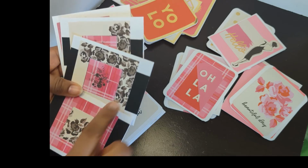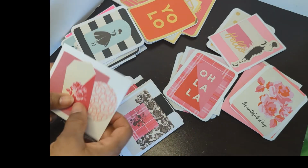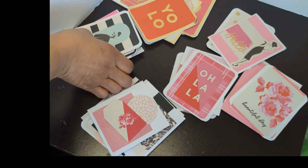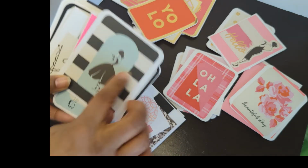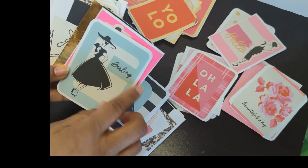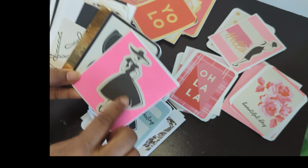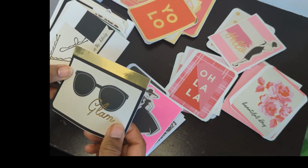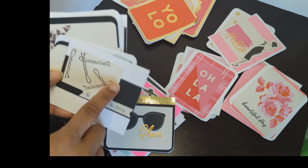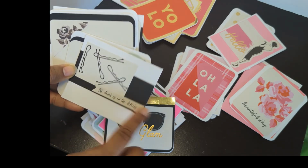So this really is the center of this one, and so I swapped them out to give them a little color. And then that's a tag, and this is just scraps that I had in my stash. And then there's that teal lady, and then I just did that journaling card and added that sticker. This is an ephemera journaling card. I cut it down and put some gold at the top. This was a journaling card that I ended up cutting out and using that sticker,